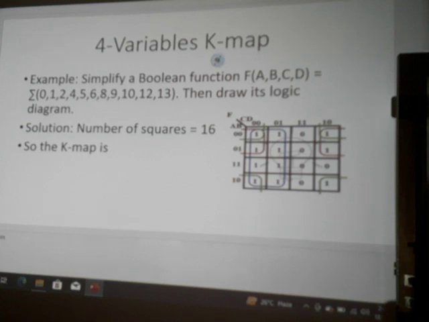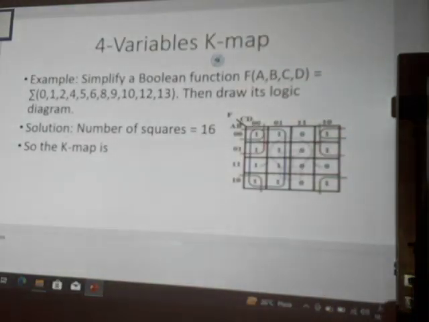Similarly, we can see that the green marked two squares are adjacent squares. Similarly, we can write its term. So in this way, we will write the simplified function as